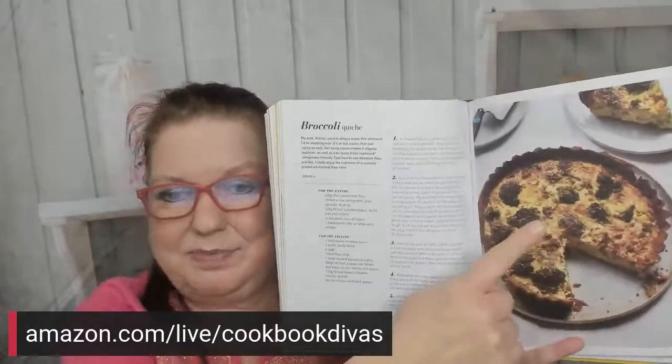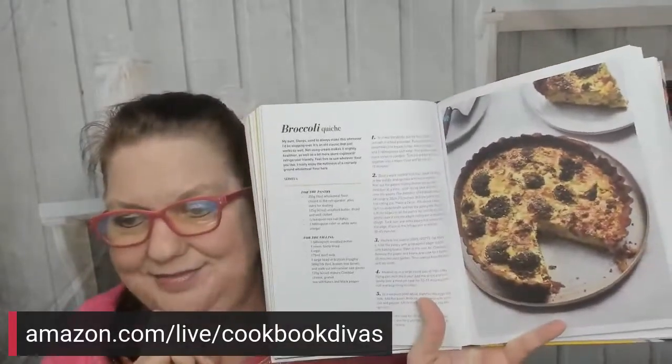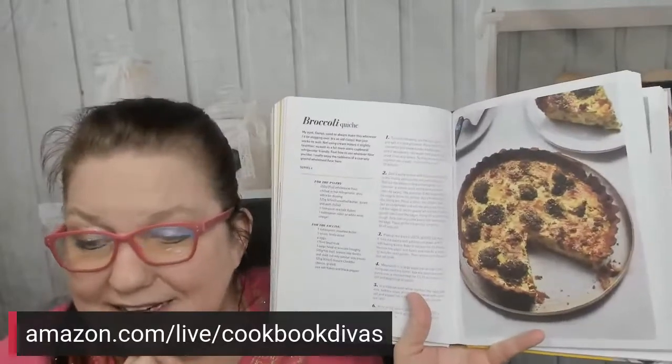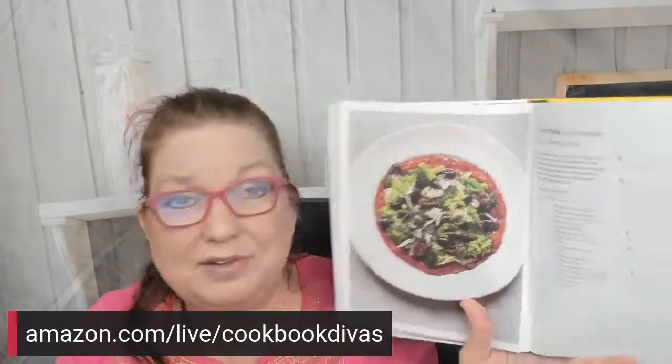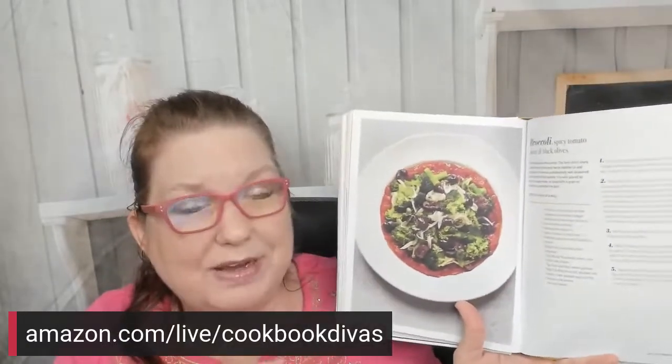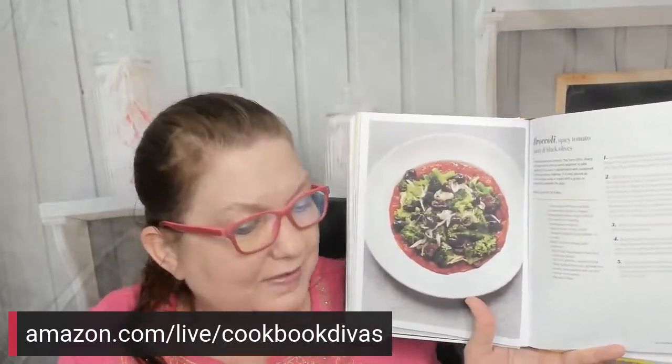Wow, that sounds amazing. Those of you that are just joining us on Amazon, we're looking through your daily veg, and then about 14 more cookbooks. Broccoli quiche. That looks burned to me, but I would eat it. TCM says that most of the cauliflower steaks they've had lately have been more satisfying than the beef ones. Oh, nice. Oh, I can tell you're an open-minded eater, too. Broccoli, spicy tomato sauce, and black olives. That might help control my craving for pasta, because part of the craving...